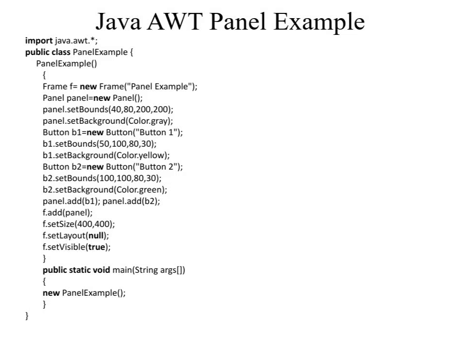b1.setBounds(50, 100, 80, 30); b1.setBackground(Color.yellow); Button b2 = new Button("Button 2"); b2.setBounds(100, 100, 80, 30); b2.setBackground(Color.green); panel.add(b1); panel.add(b2);